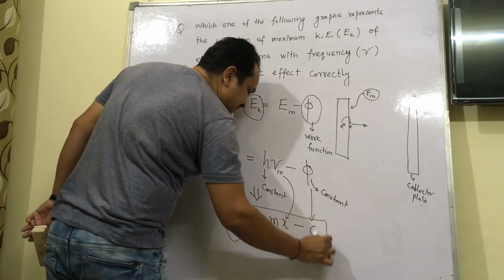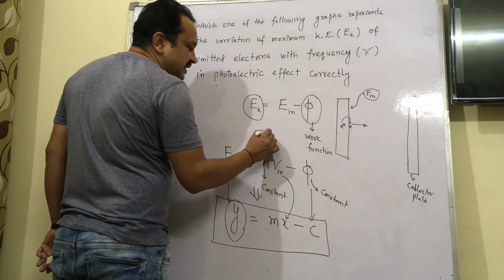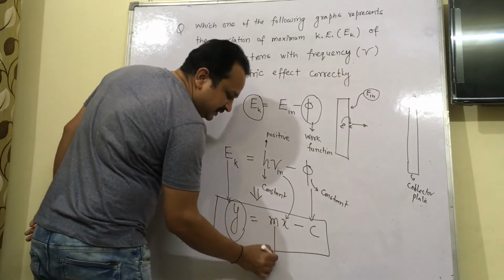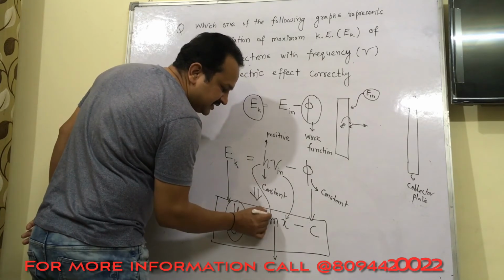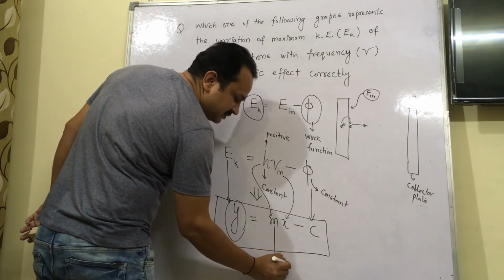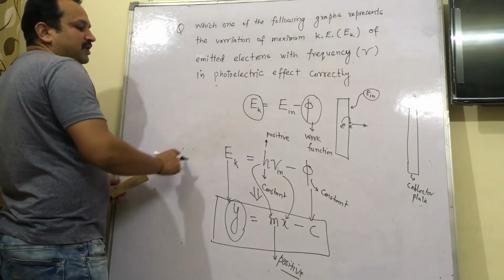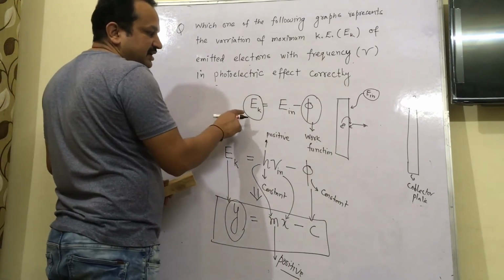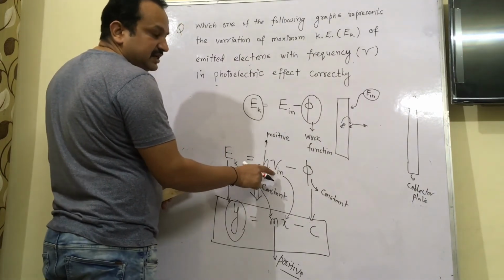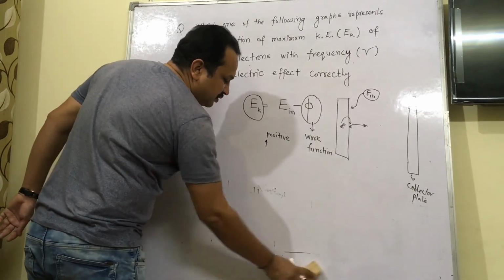So this relation is a linear relation, and it is obvious that h is a positive quantity. So h represents m over here. The slope is also positive. So there is a linear relationship between the maximum kinetic energy and the incident photon frequency. If we would like to draw the graph,